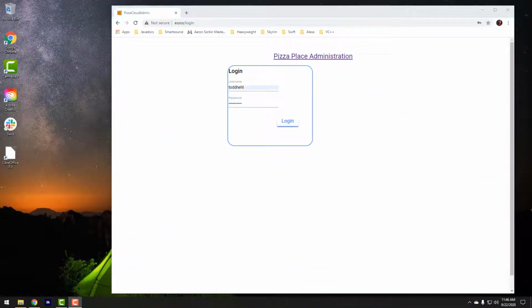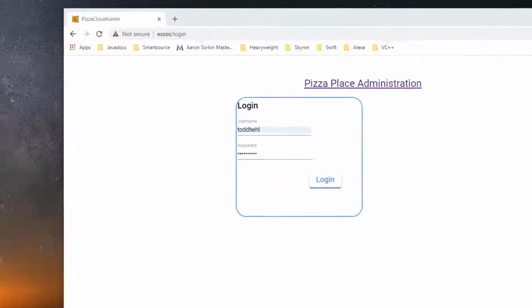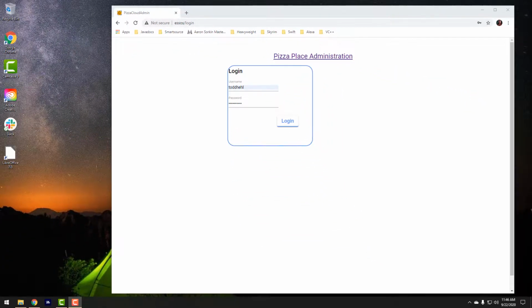Okay, so this is our app, and this is actually running inside the Docker container on our test server, which is SSOS. And as you can see, it is working, and each one of the pieces is working independently inside the Docker images, but they are not working together. So you see, if I click on login here, we're going to get a login failure,